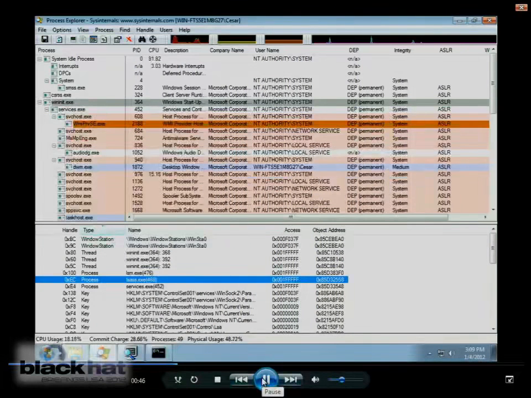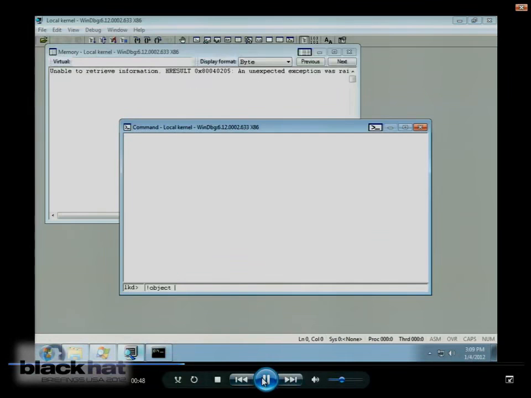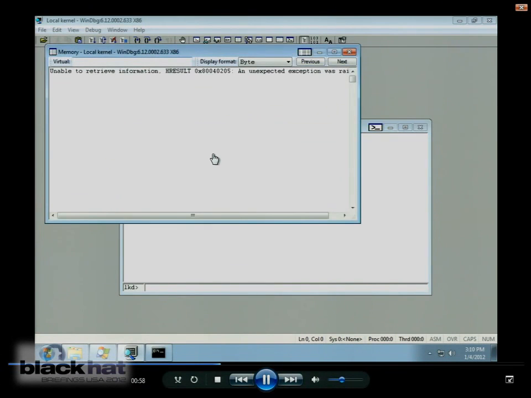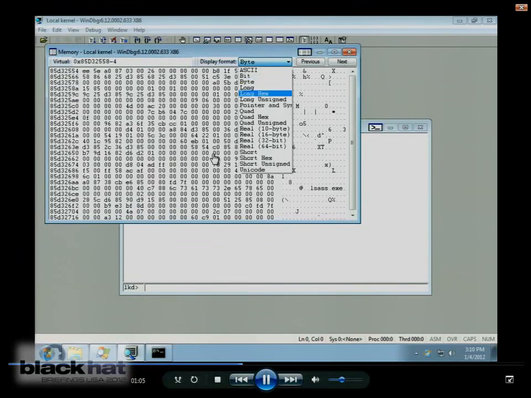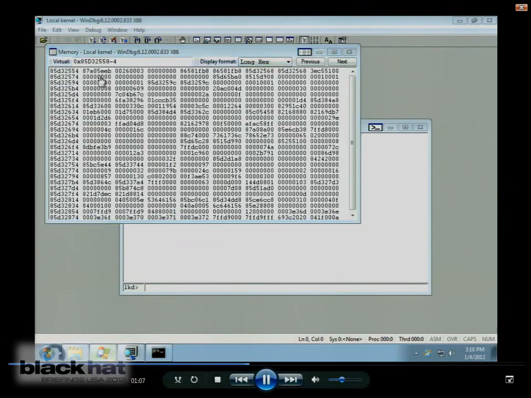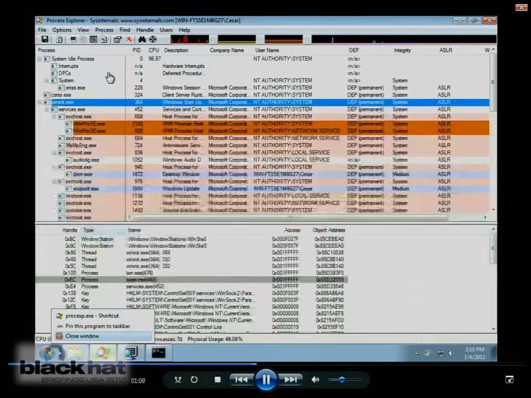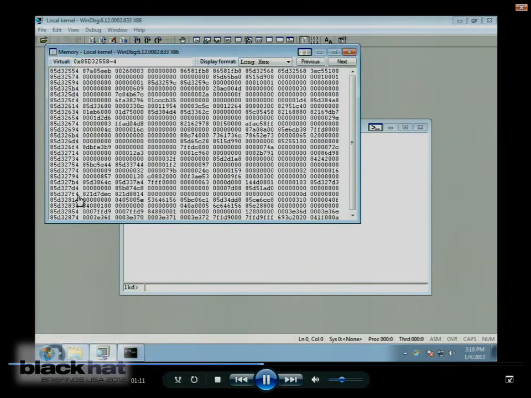So I have a Windows debugger session, a kernel debugging session, so I can look at the object. We can see here the handle count, the pointer count, some object header information. So I subtract 4 from that, and I will be accessing directly the pointer to the ACL. Here is the pointer to the ACL of the LSASS process. So I write null there,